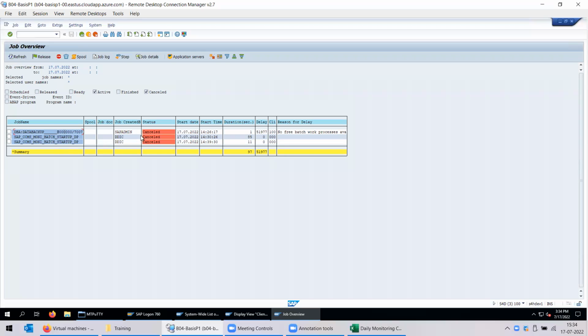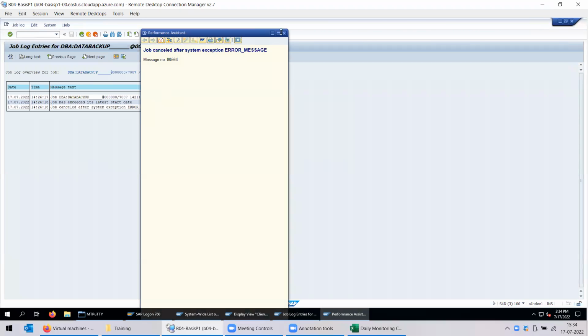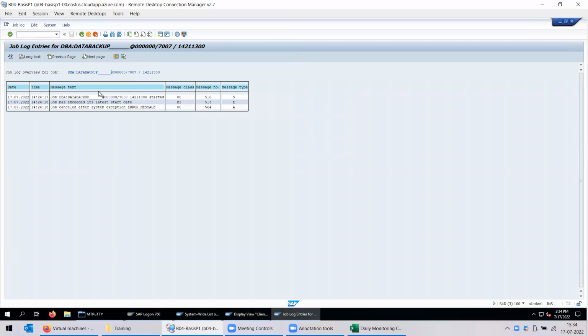So if you want to see the detail why this job got cancelled, select this job and you can check the job log over here. Here if you click the job log, you can see job cancelled after system exception error message. Okay, this kind of error message, it is not showing you what the error is. If you get an error message like this, what you can do is that you can go into